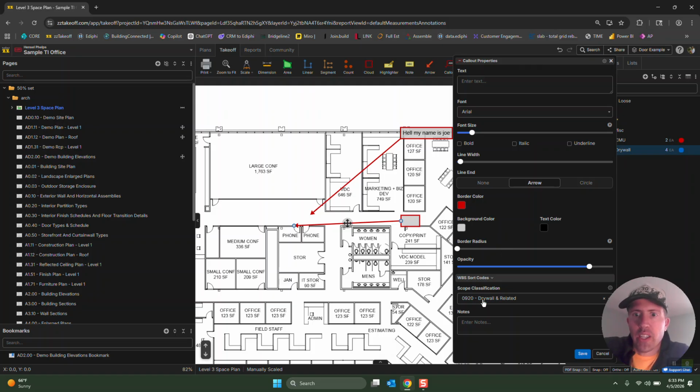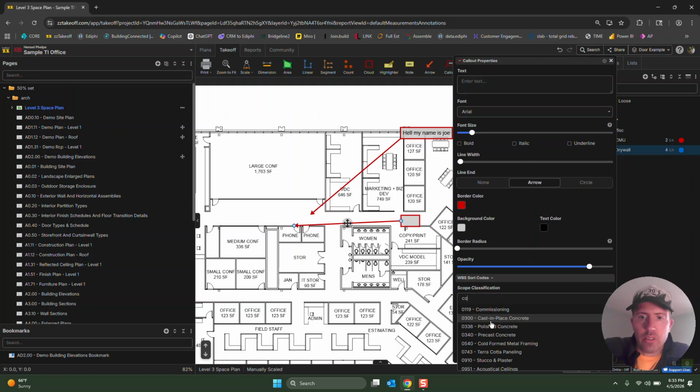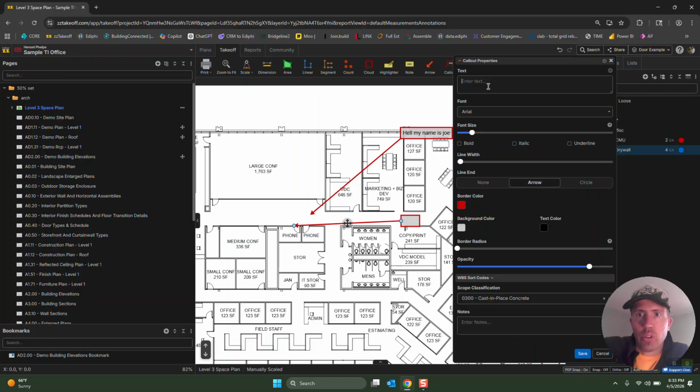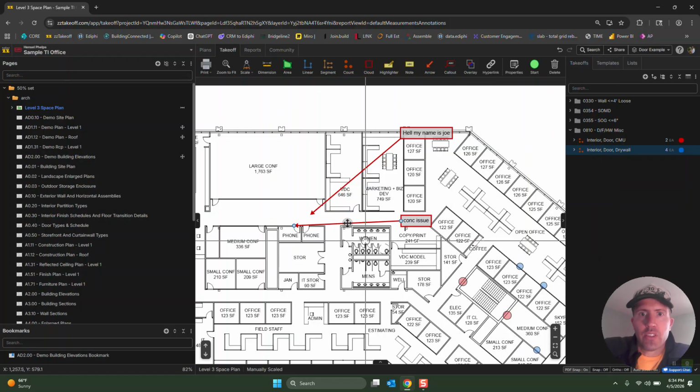So that's great. Let's do a concrete one. Concrete issue. I'm just seeing if this would work. Control S for save. So now we want to check out our